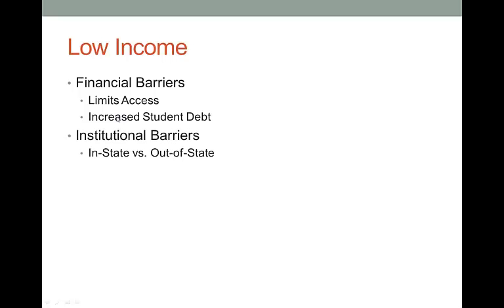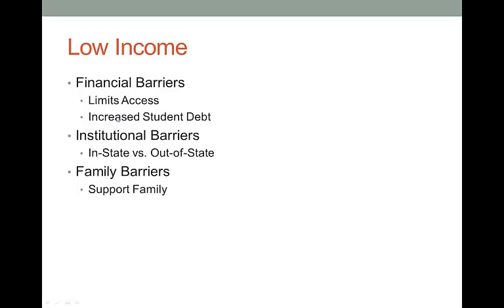So institutional barriers is that they may be restricted to solely in-state institutions, and they may be restricted just to public in-state institutions. But again, it just goes back to the student debt and acquiring student loans if they want to go to a private out-of-state institution. But you see very few low-income students go to private out-of-state institutions when they don't have full scholarships or a lot of other outside money coming in because the family contribution is so minimal. But students may do it and just take out everything in student loans.